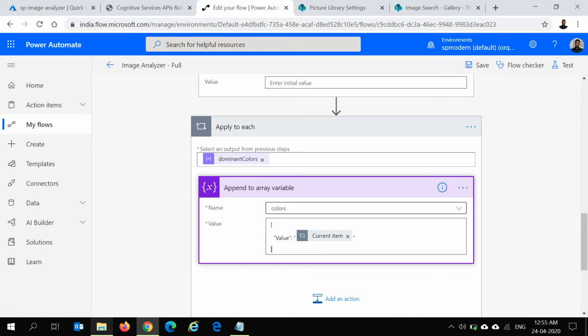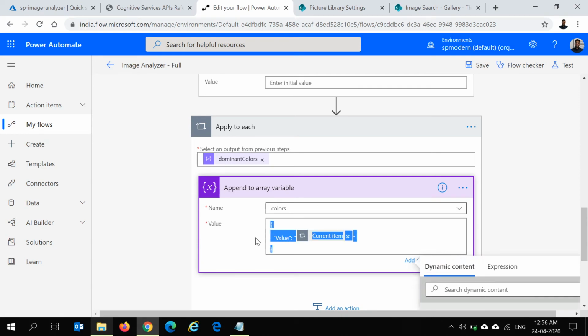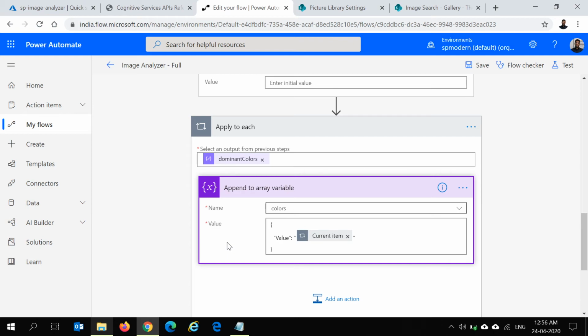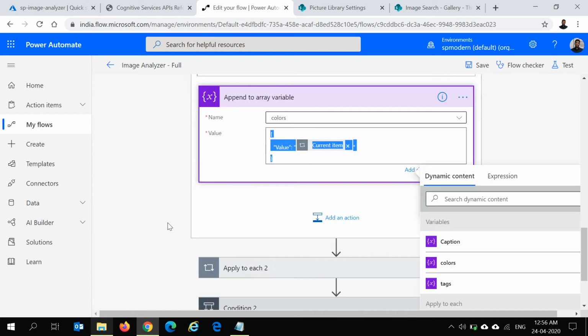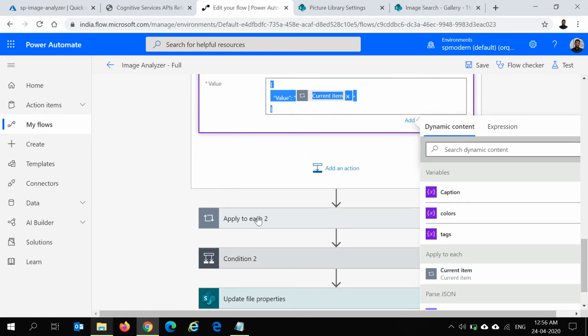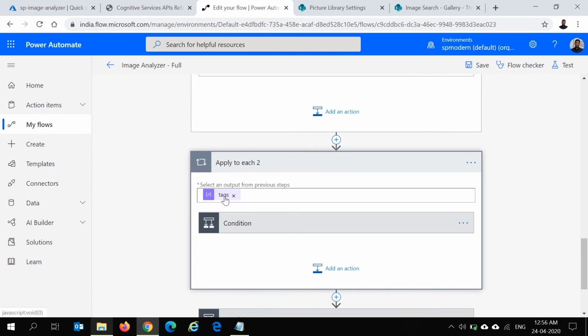And this array is expected to have values in this format. If you remember, the colors column in the SharePoint list library is of type choice, and the choice expects an array of objects with this structure. So then we have our array variable ready for colors, and then we'll again loop through the tags.